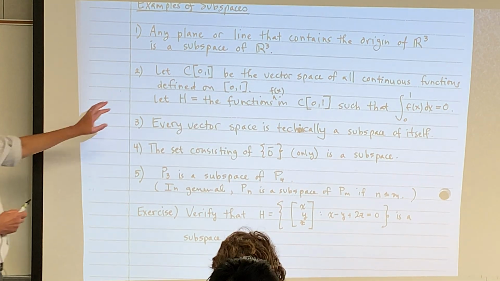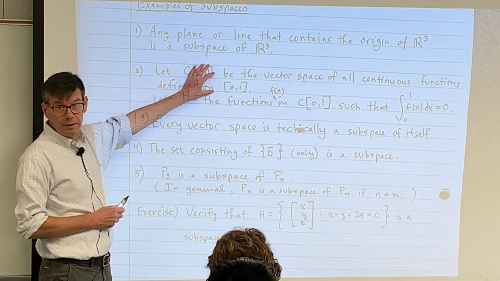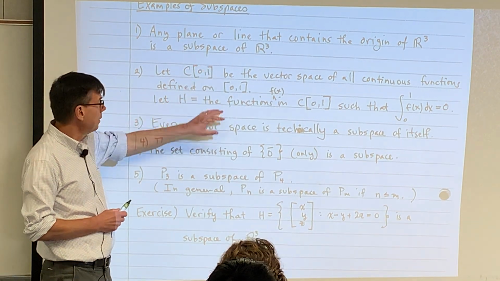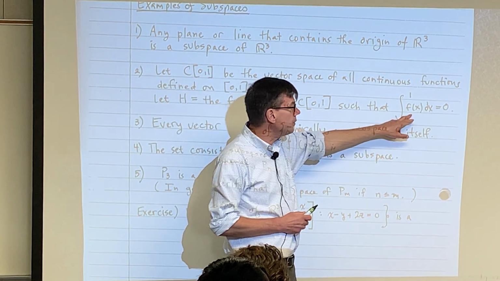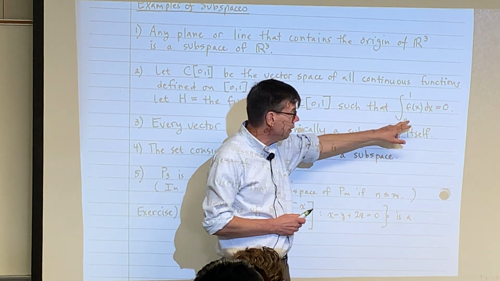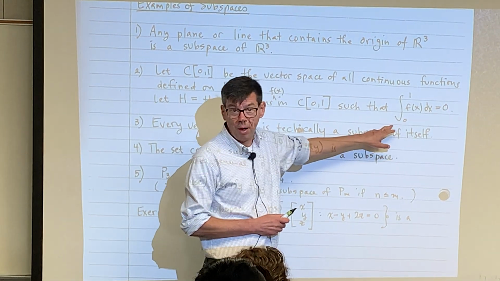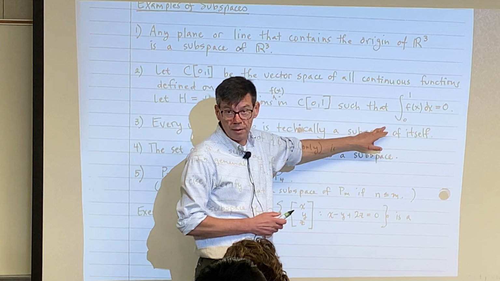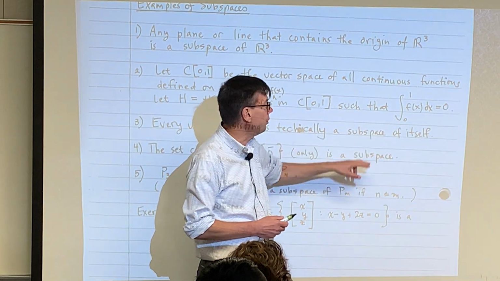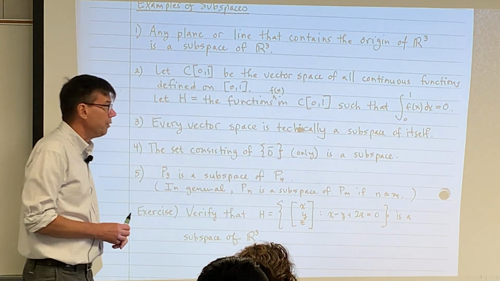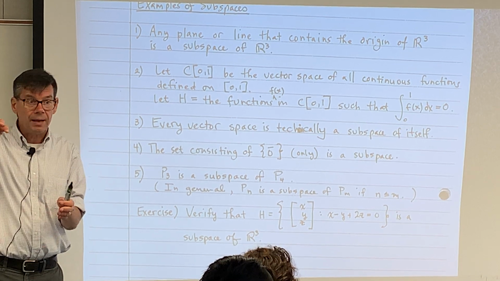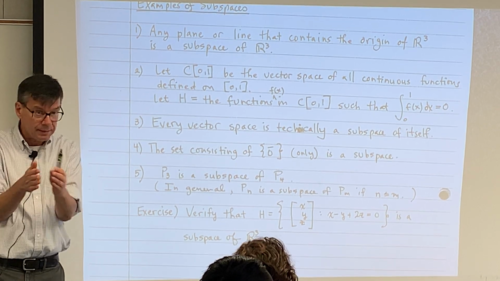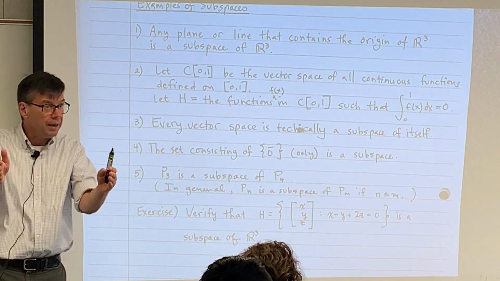Well, there are a lot of continuous functions defined on the interval from 0 to 1. But when we say the integral from 0 to 1 is 0, that definitely limits us to a smaller number of functions, right? And there are some where that's true. That's certainly going to happen for some functions. It just means the area above the x-axis and the area below the x-axis from 0 to 1 cancel out,